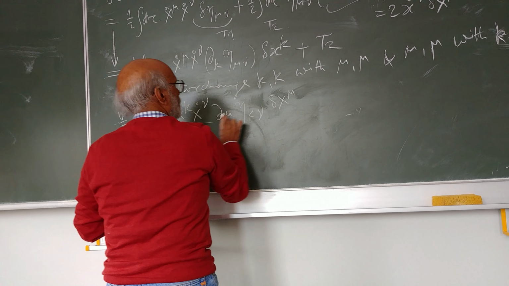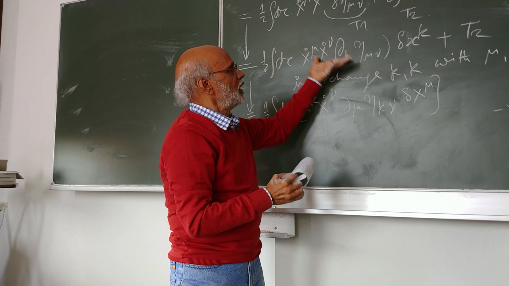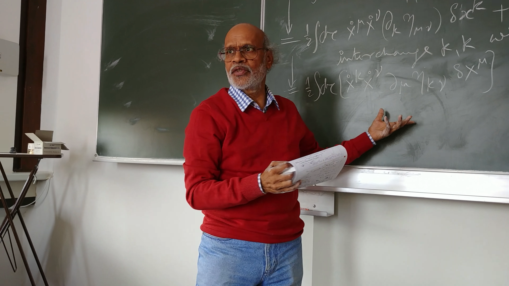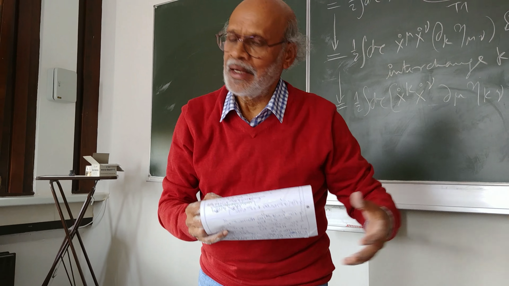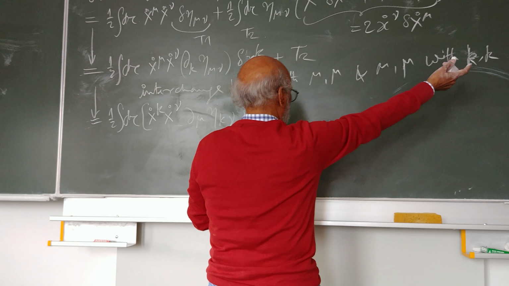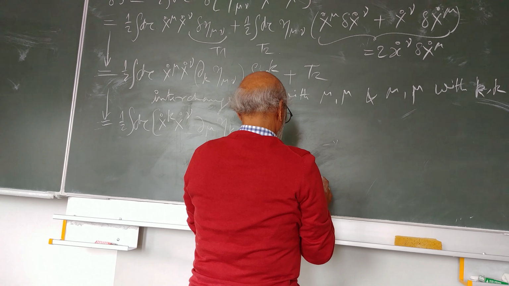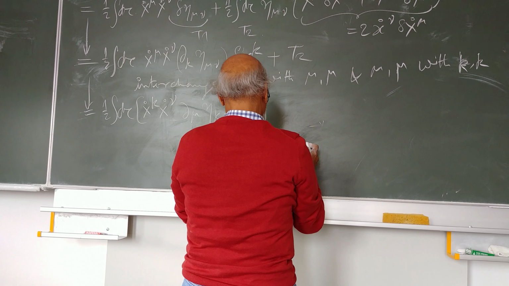Okay, so this is what I have done. I have rewritten this term as this. T1 I have rewritten as this, plus this term, which gave me another two terms, and these terms were